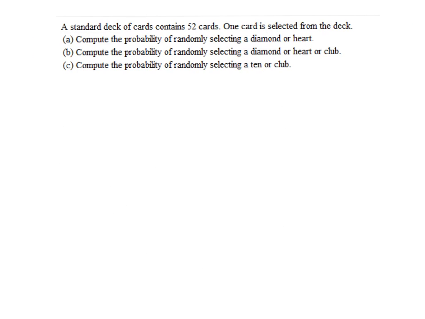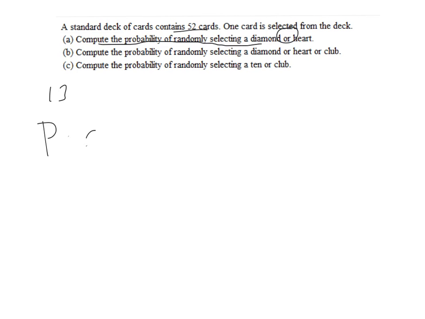So for this one now, we've got 52 cards in a deck, and what you've got to remember is there are 13 of each suit in the deck, and then there are 4 face cards, 4 tens, and all that. I'm assuming you know that. So we're going to compute the probability of drawing a diamond or a heart. Because we're using that "or" thing,